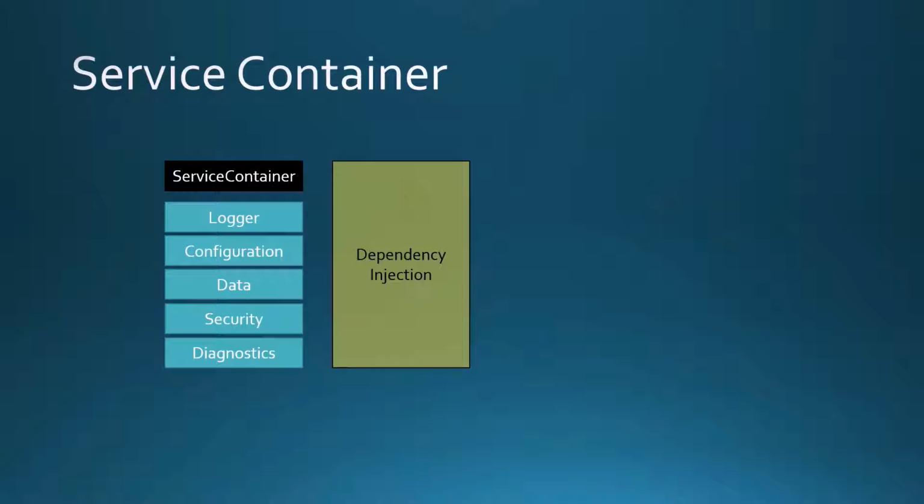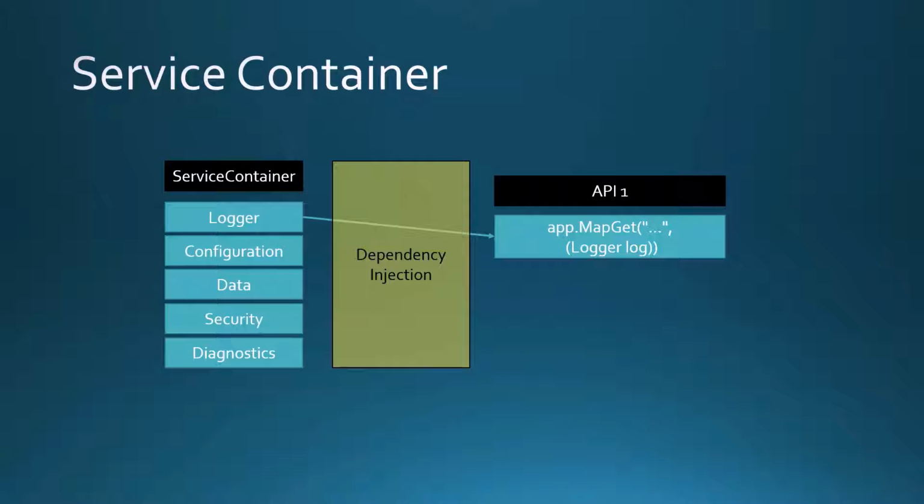So the service container contains a collection of services: a logger service, a configuration service, a data service, security, diagnostics, and probably many others as well. So what happens is the dependency injection engine looks at the API that you're using, the app.map.get, and it looks into your parameter list of the function and says, oh, hey, they are requesting a logger service. So it creates an instance of it, or grabs an instance, and it injects it into your call for you